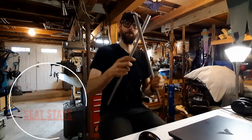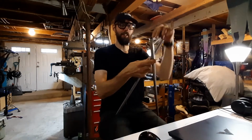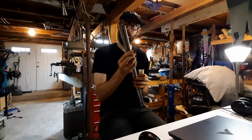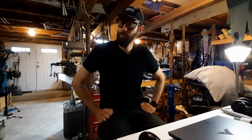We need to figure out how to get the seat stays with the bend and then get the hole saw in there at the same time with the angle, all that stuff. It drives me crazy. It's quite a frustrating thing for me to do. And yeah, I just have trouble making seat stays. I made these ones. I made a few now, but